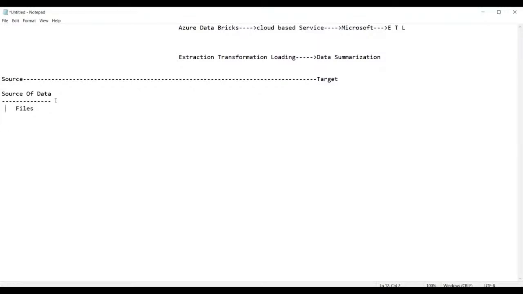But ultimately the files will also receive the data from what? Ultimately, the business. See, we all are working for a business or not? Even though you are working as a data engineer, that means you are working for a business or not? Tell me now, guys. Yes, everyone, you're working for the business.